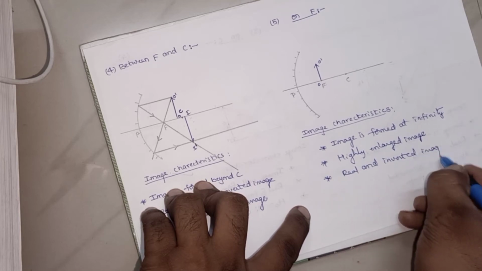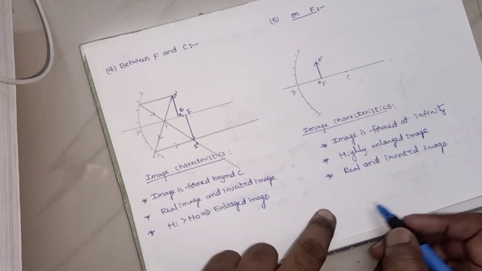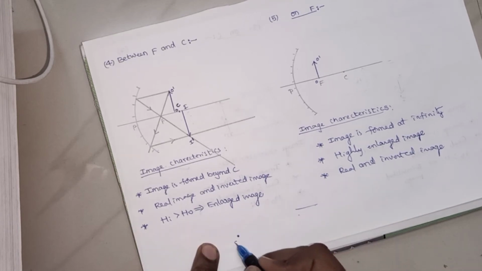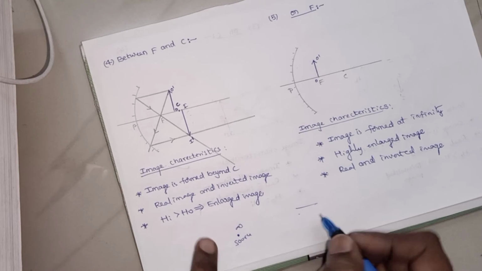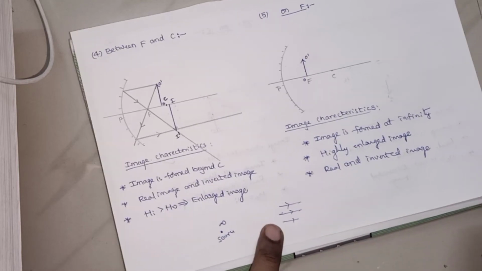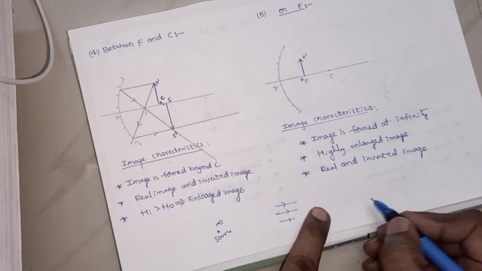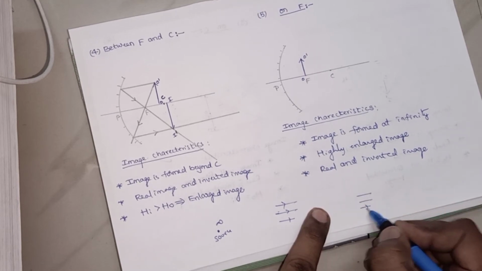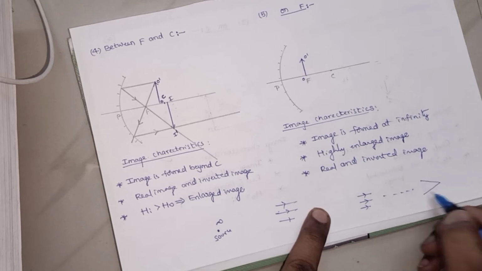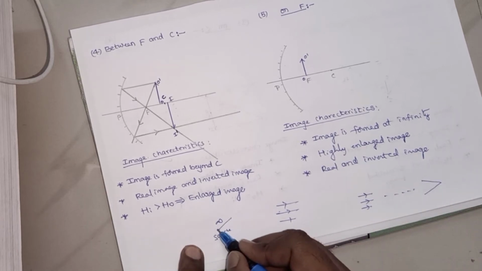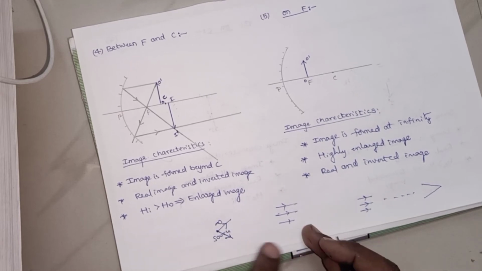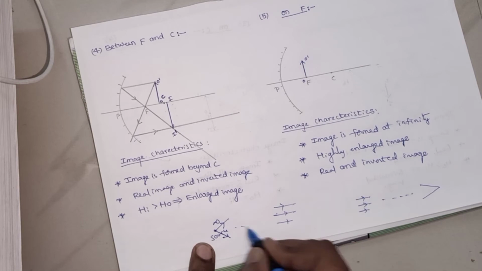And here I would like to tell you one point. When the rays are coming from infinity, for suppose the source is at infinity, after traveling infinite distance they will be parallel, right? The rays will be parallel. Let us consider the rays are parallel to each other. After traveling infinite distance, definitely they will converge. Why? Because from the source initially the rays will diverge. The diverging rays will appear parallel after traveling the infinite distance.